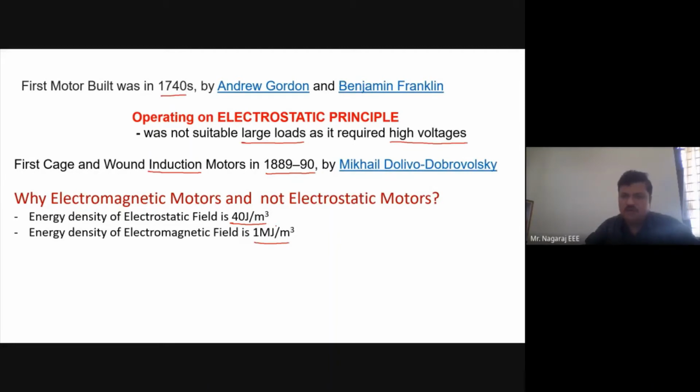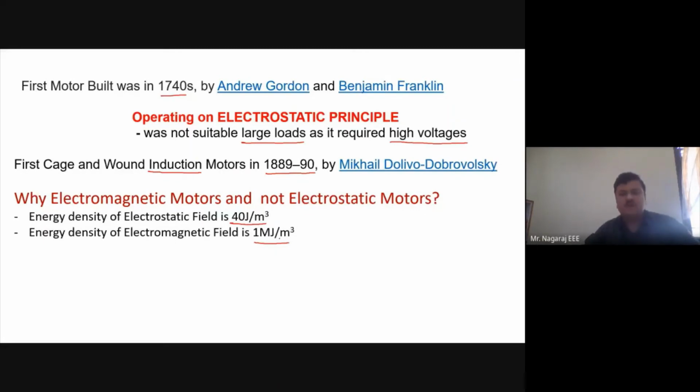Okay, now we have a ceiling fan whose rotor is hardly, we can say, 4 or 5 inches in diameter. Outer diameter, let us say, not including blades, only the rotor. If I use an electrostatic motor, instead of 5 inches, it may be somewhere around 50 feet. Roughly, I am exaggerating, but roughly. So you would need one room only to fix a fan, where you cannot sit in that. That is a rough comparison so you can understand.